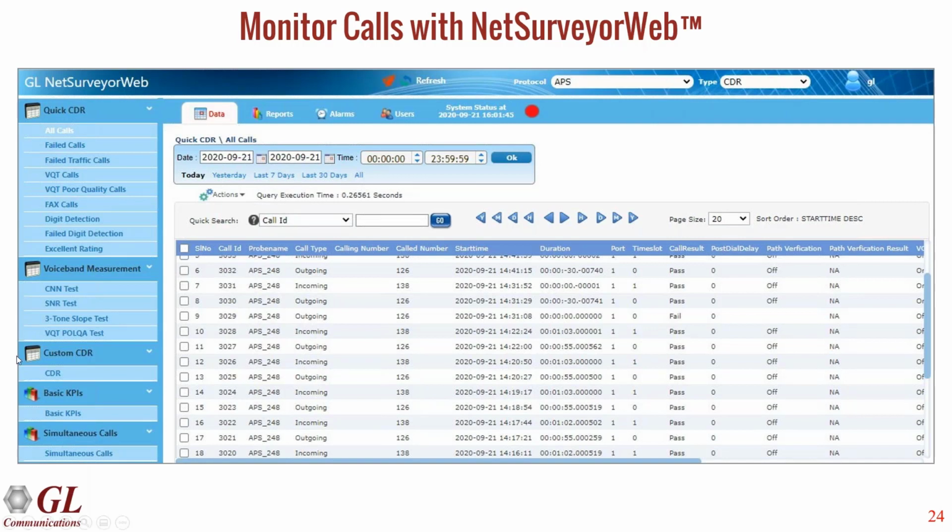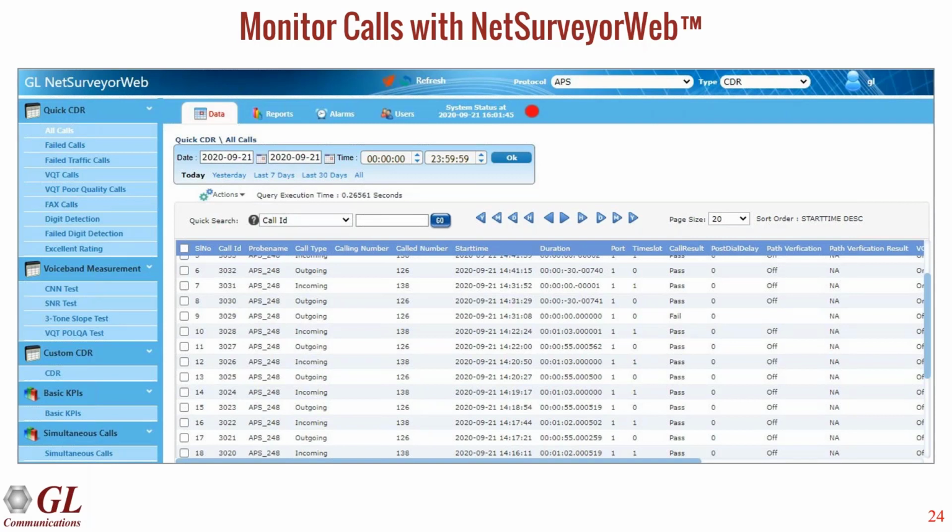So this is what the NetSurveyorWeb system looks like. And because it's a web-based system, you can log into it from anywhere. It could be running on some central system, on the same rack PC that we showed you before, or somewhere else.